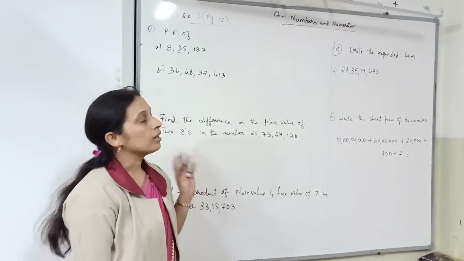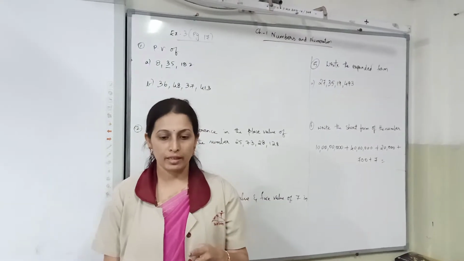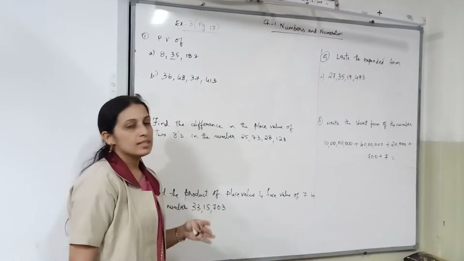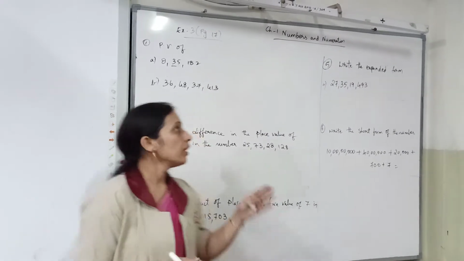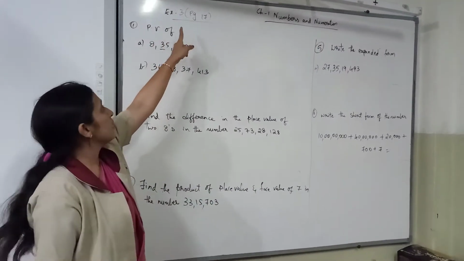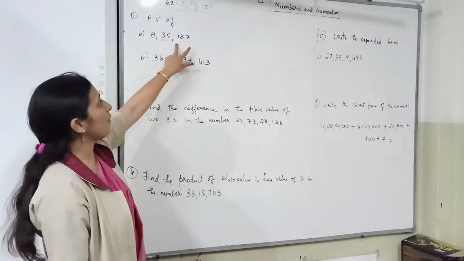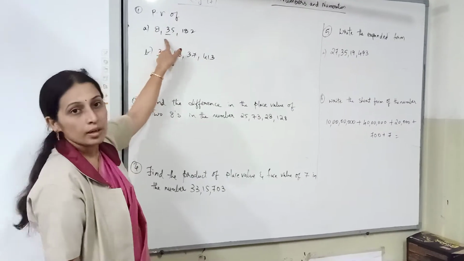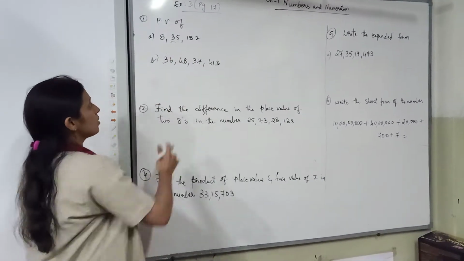So now coming to the next exercise, we have place value, face value, expanded form. Let us just understand, as we already know what is place value and face value. Now, in exercise 3, first sum: write the place value of 3 in the given number. When you observe the given number, which system is this? Indian system, right? Because this is ones period,